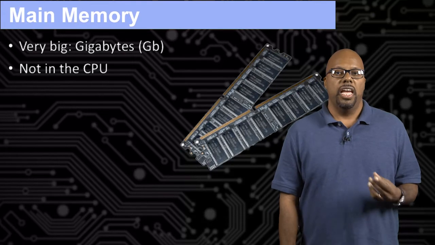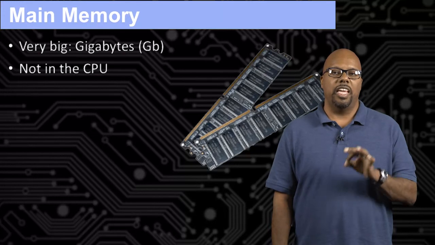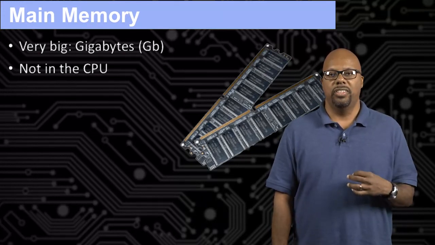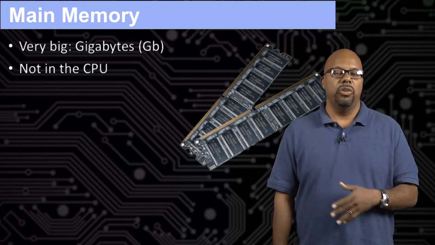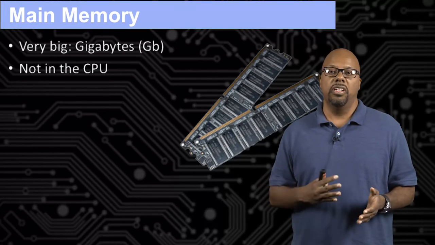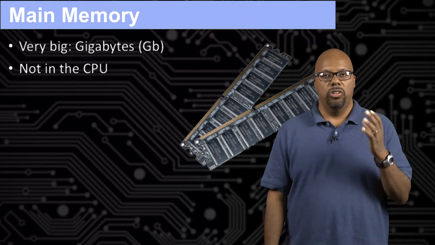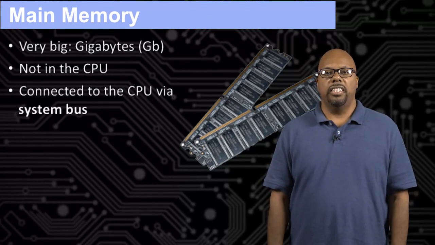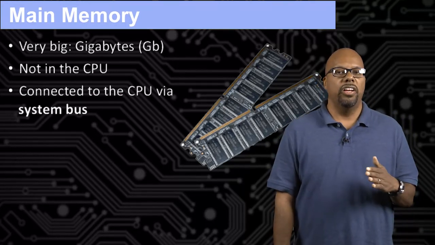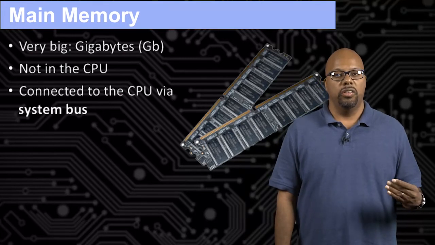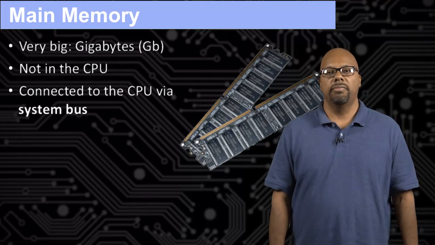It's not on the same chip as the CPU. By CPU, I'm using that the same as a microprocessor and the same as a microcontroller, roughly the same thing. So main memory is not going to be in the CPU, it's off the CPU. It's on the same board, but it's a different set of chips. If you look at that memory, it's multiple chips all put together. It's connected to the CPU via a system bus. The system bus is basically a group of wires drawn onto the printed circuit board that connect the main microcontroller to the memories.